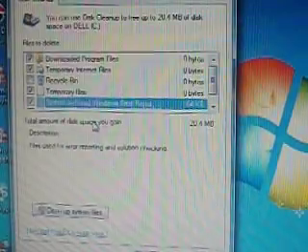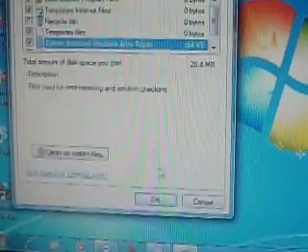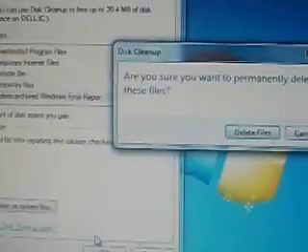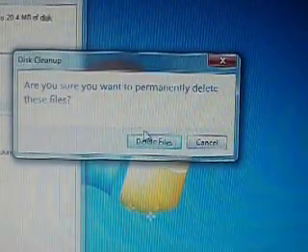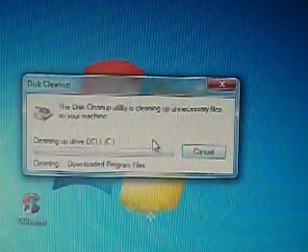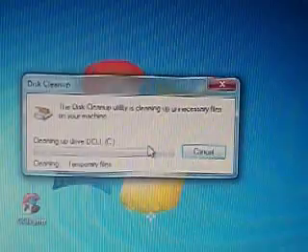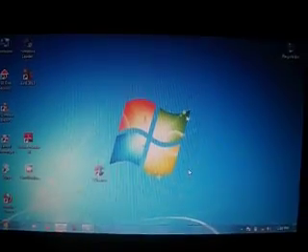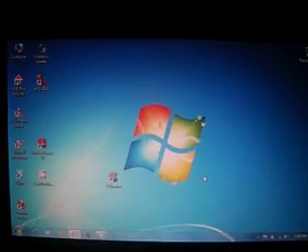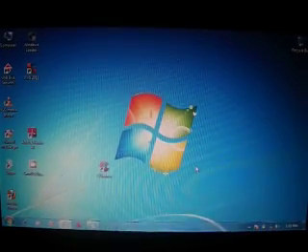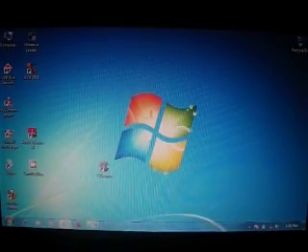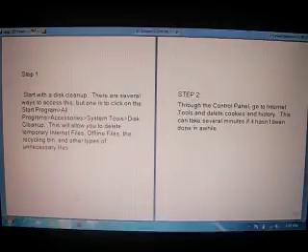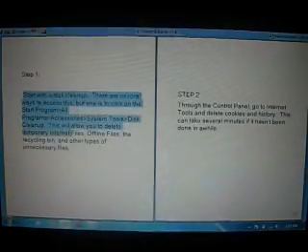Then click OK and delete files. Now we finish step 1, the cleanup.